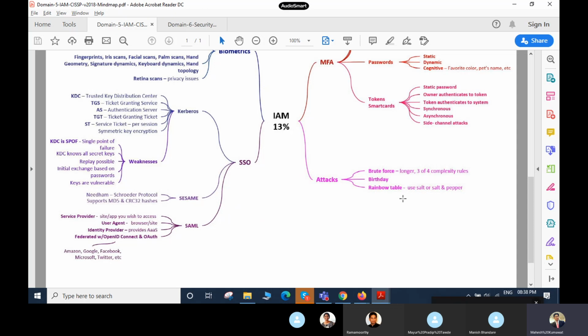Yes, please go ahead. I would like to know the answer for all of them. Birthday attack basically has a principle like, if you have 50 persons in a room, it's a matter of probability that the 50 persons share the same birthday as the first person. So they just compare the different hashes.